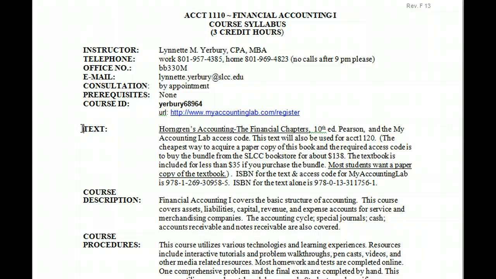I don't think you can get the book online cheaper than that, so if I were you, I'd just suck it up and buy it from the bookstore. If you'd like to take off on your own and find copies of the book for my Accounting Lab access code, I think it's a little bit crazy of an idea, but the ISBN numbers are listed.